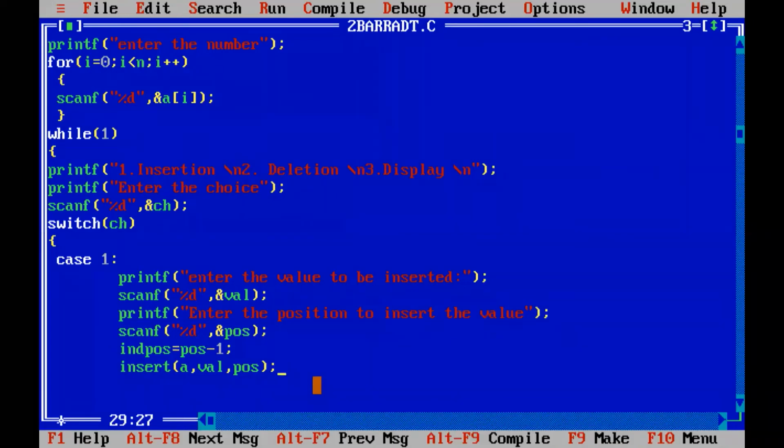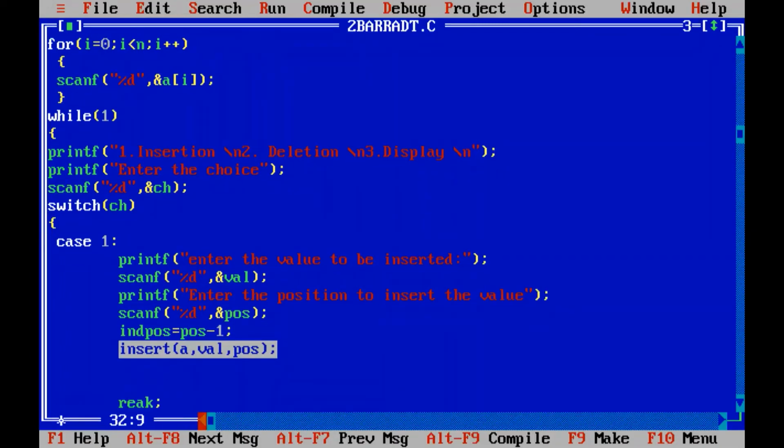Right? So after calling the function, we can give a break because only this much is there for case 1. All the rest of the things we have to do in the insertion function definition. Got it? When you call the insert function, it will be moving to the insert function, right? So the function call is here. Now the function definition is coming later, so we have to move to that line. When you call this insert function, the program control will be moving to that line, right?